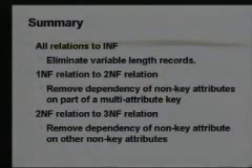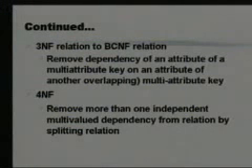If I want to convert a 1NF relation to 2NF, I have to remove dependency of non-key attributes on part of a multi-attribute key. If I want to convert 2NF to 3NF, I have to remove dependency of non-key attributes on other non-key attributes. If I want to convert 3NF to BCNF, then I have to see